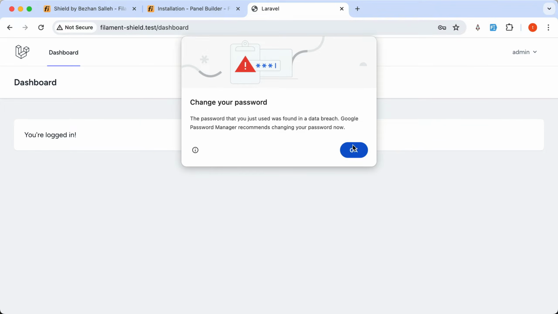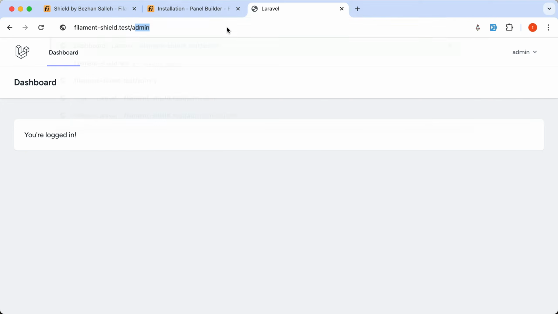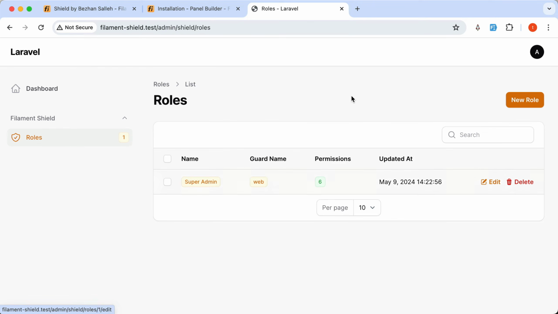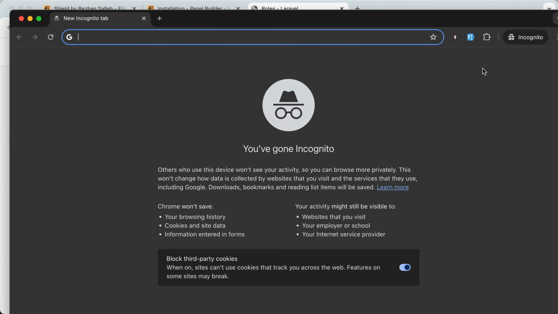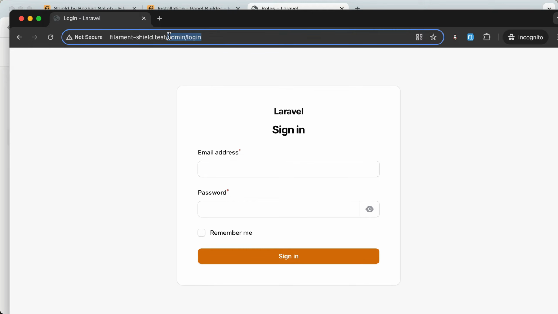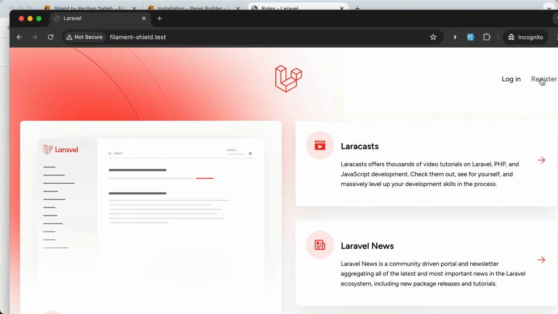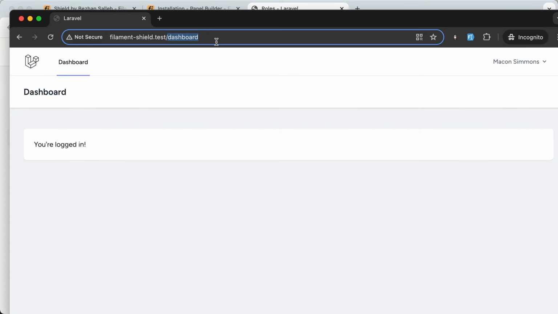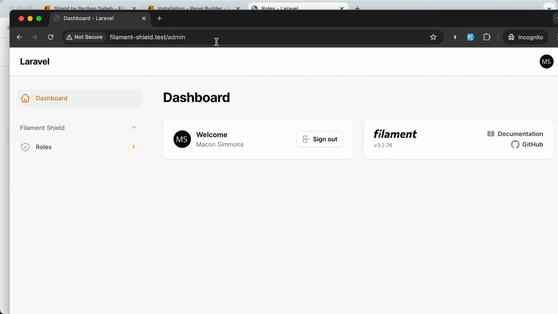Now, if we navigate to admin, yeah, here we have roles. We have only one role right now. I'm going to open here a new incognito window and open this project, but we need to register first. I'm going to register a new user, and then if we navigate to admin, yeah, as you can see, we can access this,